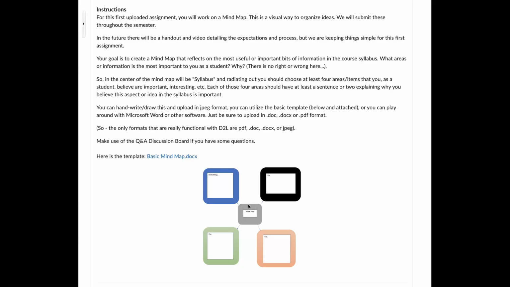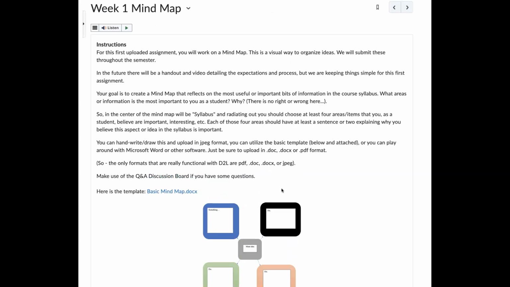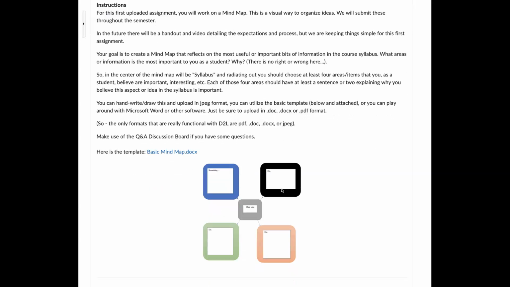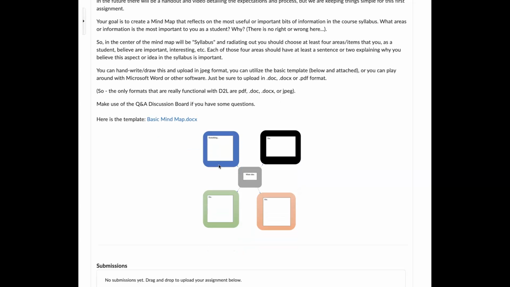I want you to figure out 4 of the main important elements of a syllabus that you're looking for and what you found in our syllabus. So why is this information important to you, right? So if you're a person who every syllabus you need to focus on how grades are distributed, then put that here and explain why it's important to you. If you're a person who really needs to know about the attendance policy, put that here, and why it's important to you. What in our syllabus does it say about those things, right? So you'll